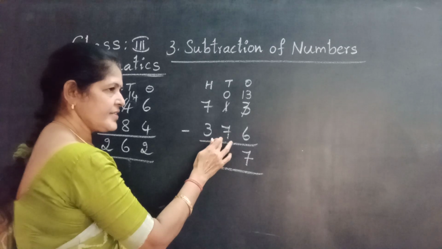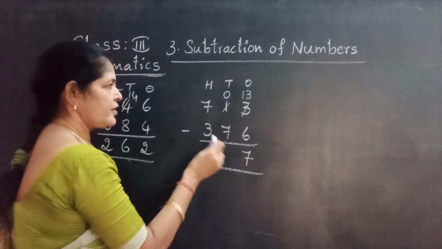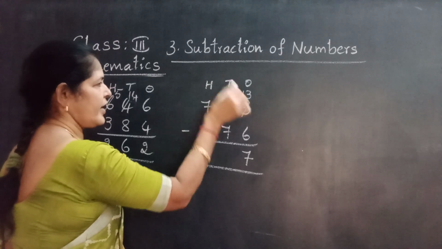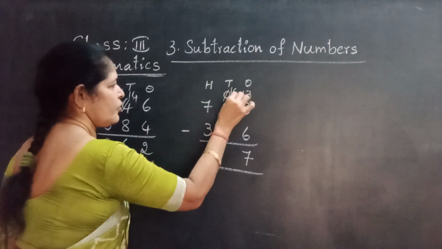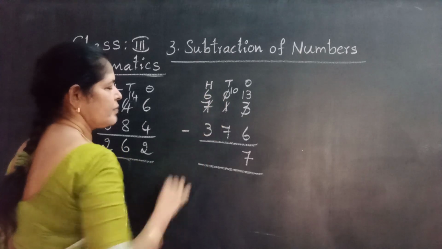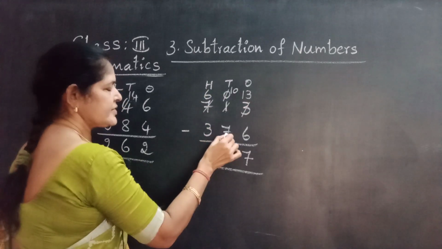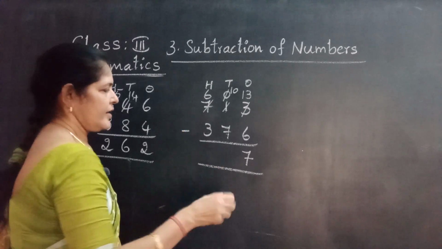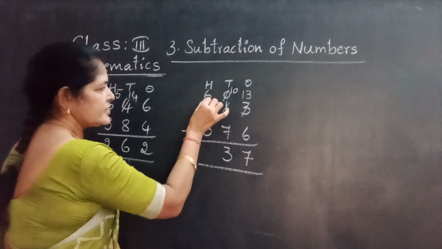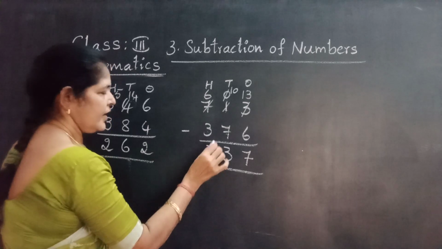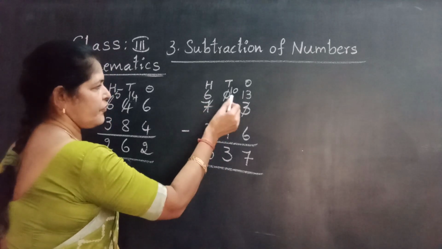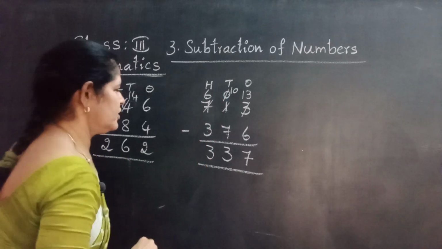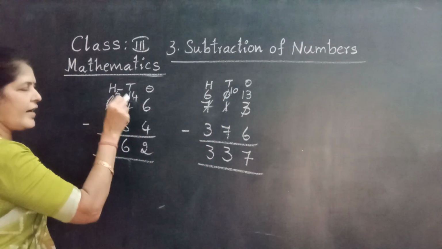0 is less than 7. Subtraction is not possible. Again the borrowing concept. One moves from hundreds to tens. Then 0 becomes 10, 7 becomes 6. 10 minus 7. Close fingers. 7 after 8, 9, 10. 3. 6 minus 3, 3. Here we use the concept from tens to ones and hundreds to tens, two times. In the previous one, only hundreds to tens, one time.